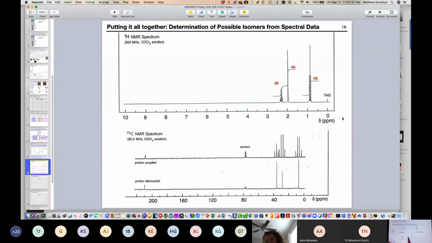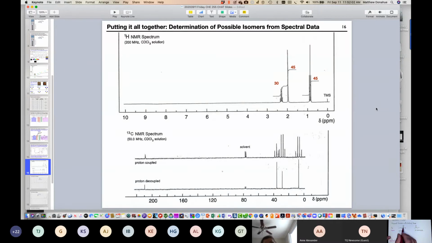Let's go through these and do the unique carbon count, the unique types of hydrogens, and then the ratios of the hydrogens. Then we're going to look back at this data, the proton data, the carbon data. The carbon data also has parts per million, but it runs from 0 to 220 in terms of the chemical shifts. So let's do this thought experiment first, then we'll look back at the data that's presented.